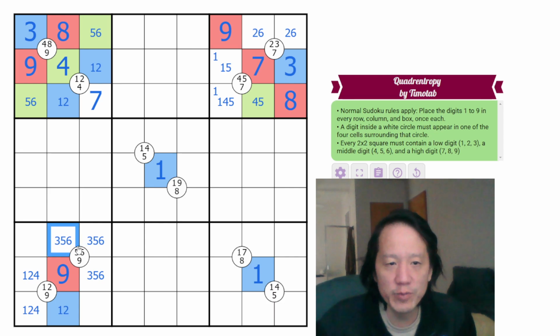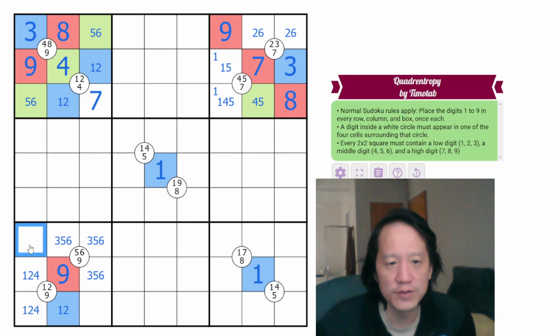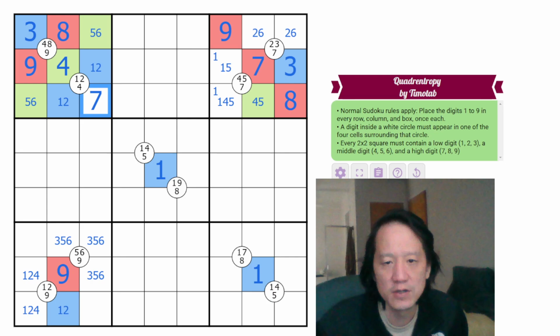Anyways, of the remaining cells, we know we do not have a 1, 2, 4 or 3, 5, 6 in the remaining cells in box 7 because of the triplets there. Therefore, this is 7 and 8, and this is 7 or 8. Well, this is 7 specifically, which means this can't be 7. Therefore, this is 8, and therefore this is a 7. And these are all high